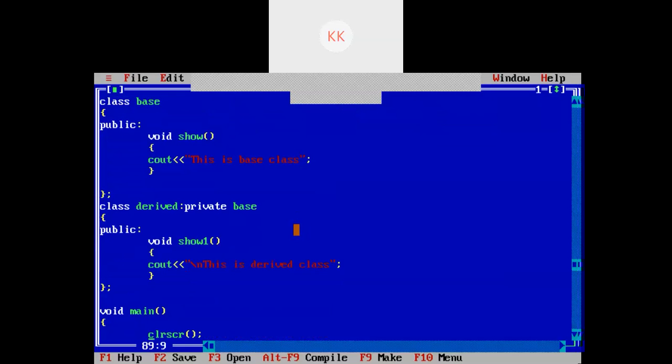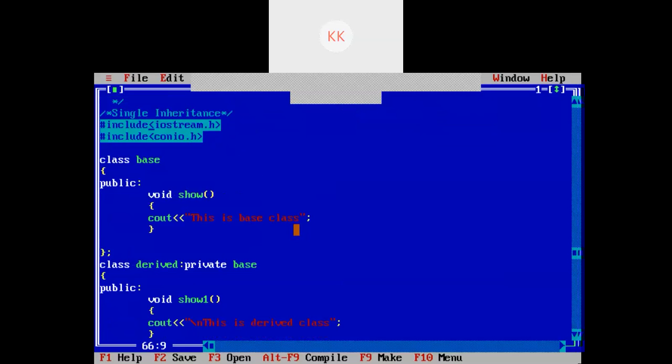Right. Now, today we will see how constructors behave when we are having constructors in the base class and derived class. So now I will change this function to a constructor. In the previous class, we have seen what a constructor is. A constructor is a special member function which is invoked automatically when an object is created.